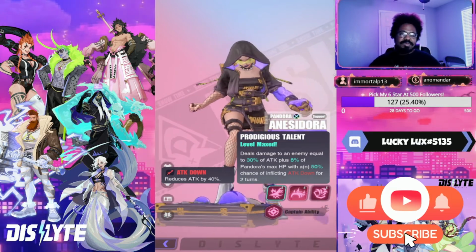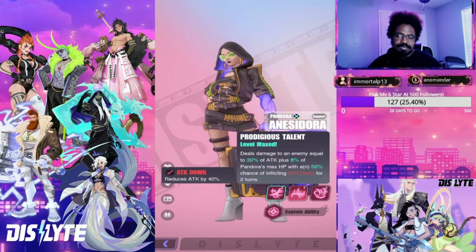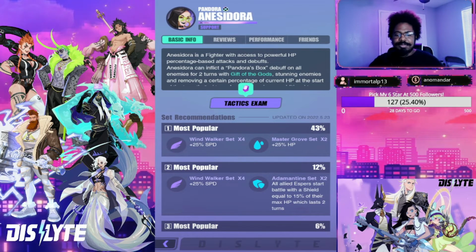So you're not going to be using her for DPS. You're using her for the support to debuff and remove their current HP and activate the debuff and the stun. That's what you want to use her for. So think about that. So on the strategy tab, if you look,